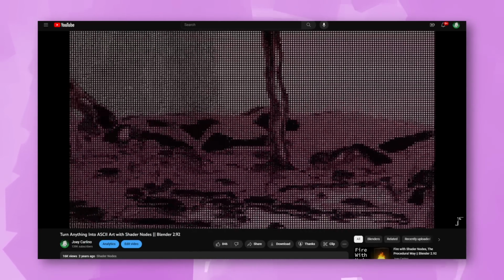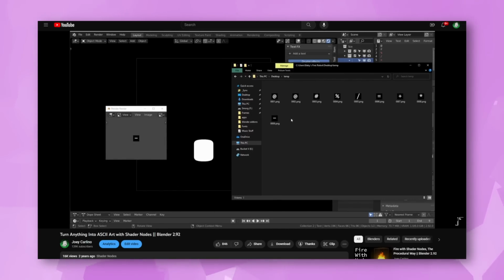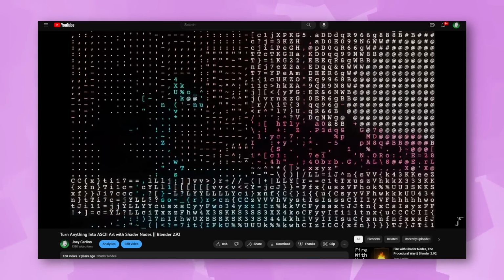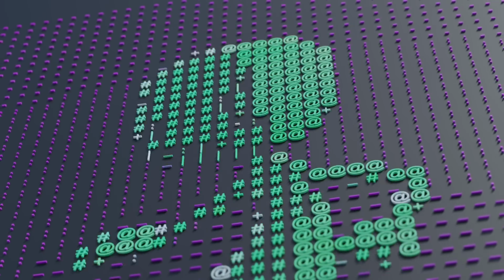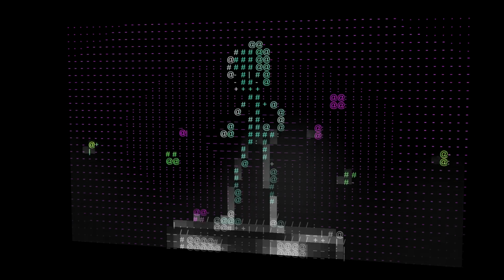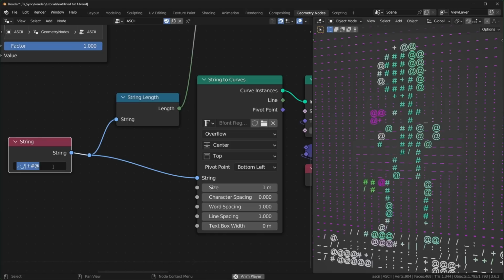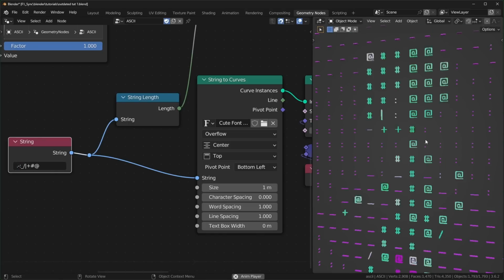When I made this ASCII art filter, I had to render out all of the characters I wanted to use to make a sprite sheet, and it worked fine, but geometry nodes makes it way easier and more customizable. It's the same idea where how light or dark the image is determines what characters to place, but with geometry nodes, you can use the string to curves node and swap out the characters on the fly